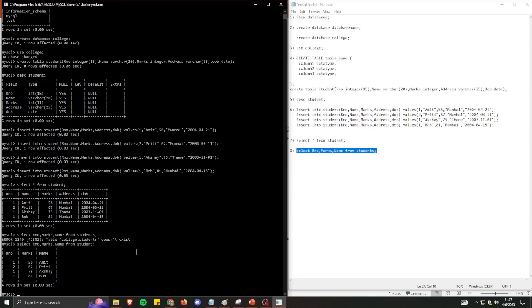For example, if you want to display all the students who are from the city Mumbai, so we can write select star from student where address equals to, again single quote, because address is of type varchar, so double quotation we have taken and we can write